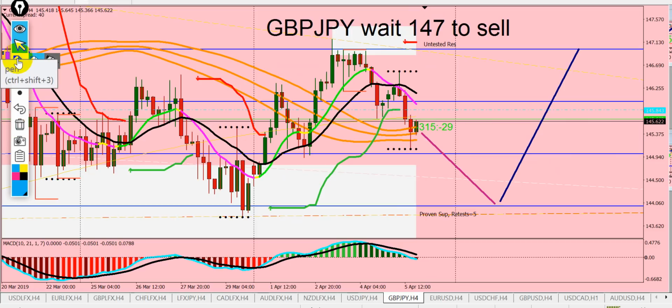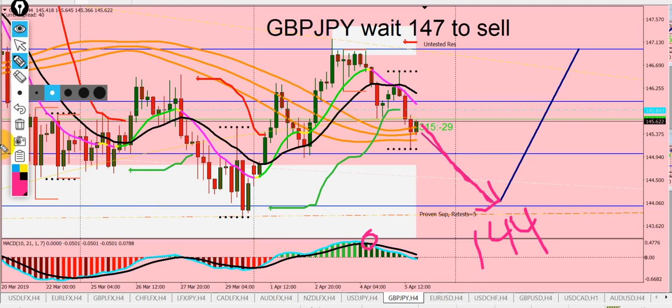What we'd like to see, this is a little tricky, watch out guys. This is a sell here, but it's too late, don't sell anymore. What we'd actually like to see is it come down here to 144. Avoid this sell. I know this may sound ridiculous, but then it goes back up again to like 146.50, 147. Then we would like to take this sell here.